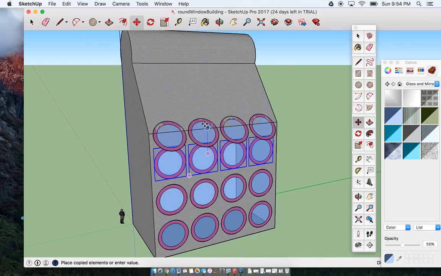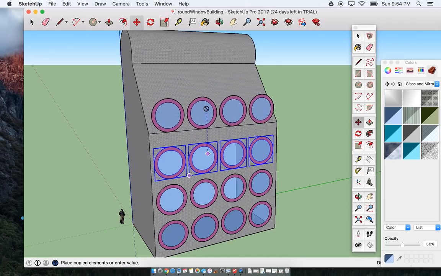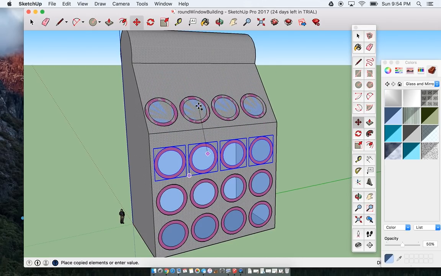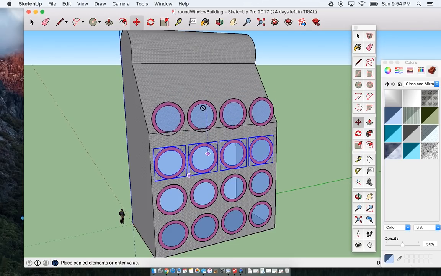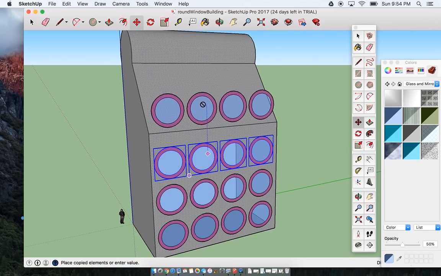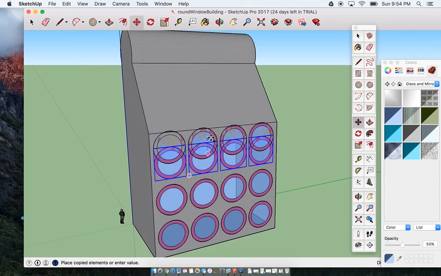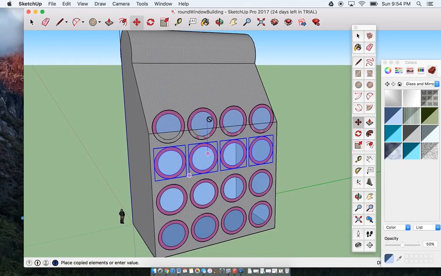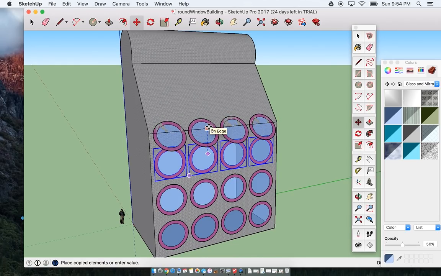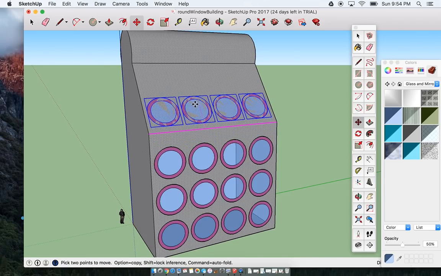You've got to be careful. See, I want it so it's touching the face like this. I don't want it so it's up in the air. And sometimes you have to sort of finagle it. Sometimes this is actually pretty easy. Sometimes it doesn't work so well, and you might end up having to click and then move on the face,